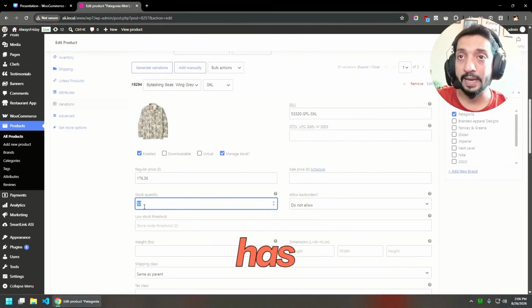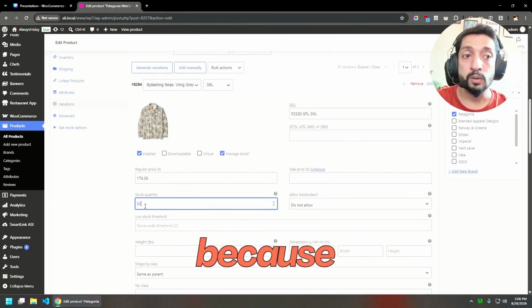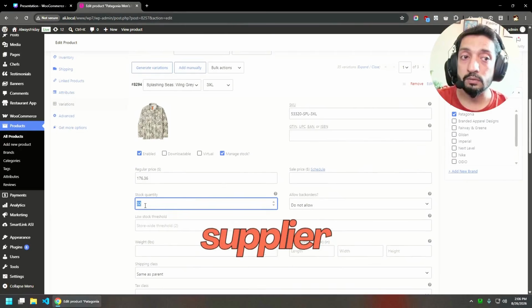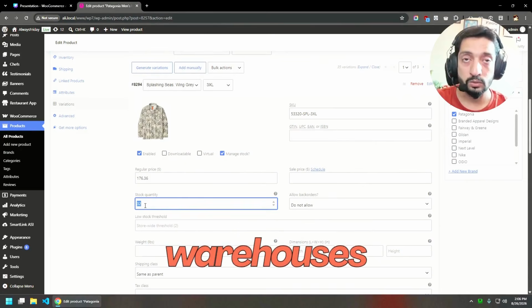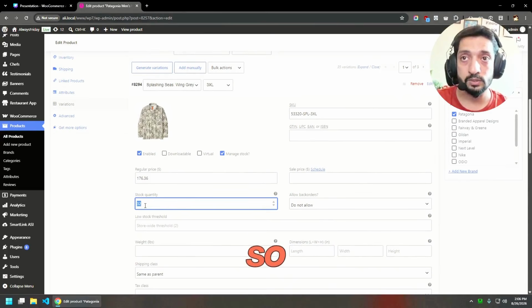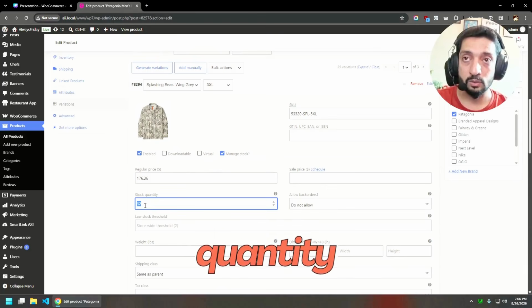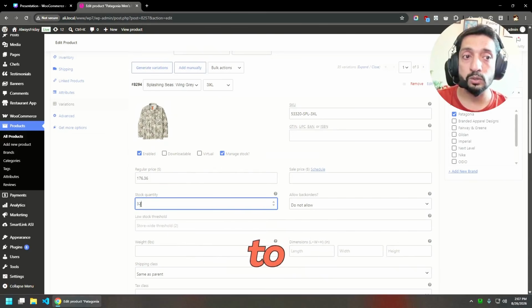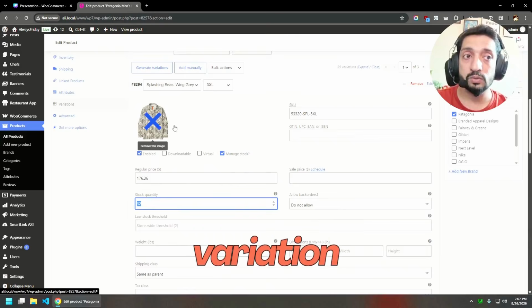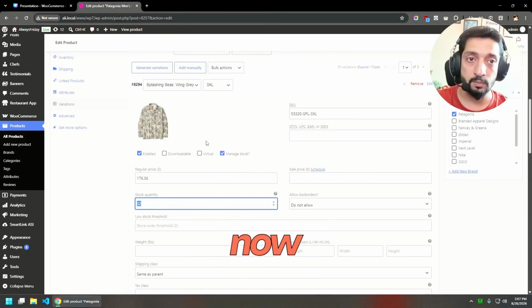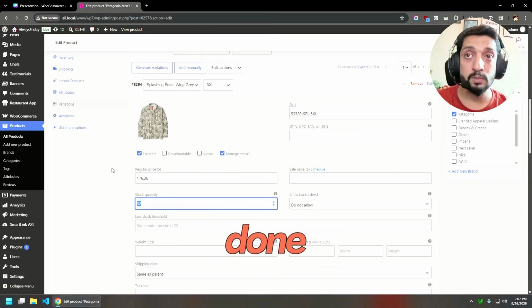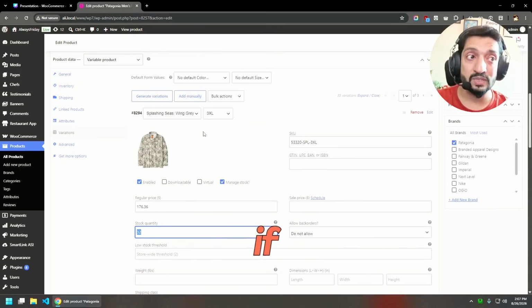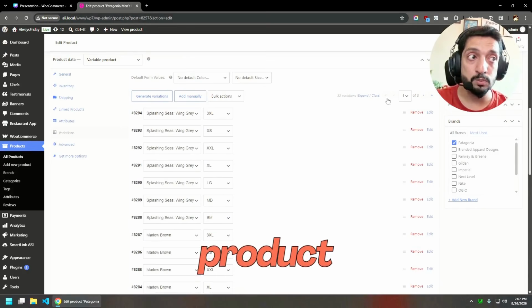The external API has the stock quantity because they are our vendor, they are our supplier. It is in their warehouses. It is not in our WooCommerce system. So we have to update our system to make sure we have the right quantity. If it is not available, we're going to set it to 0, and then this variation will no longer be available. Now this process can be done on a daily basis, and obviously if you understand this, each product, for example,